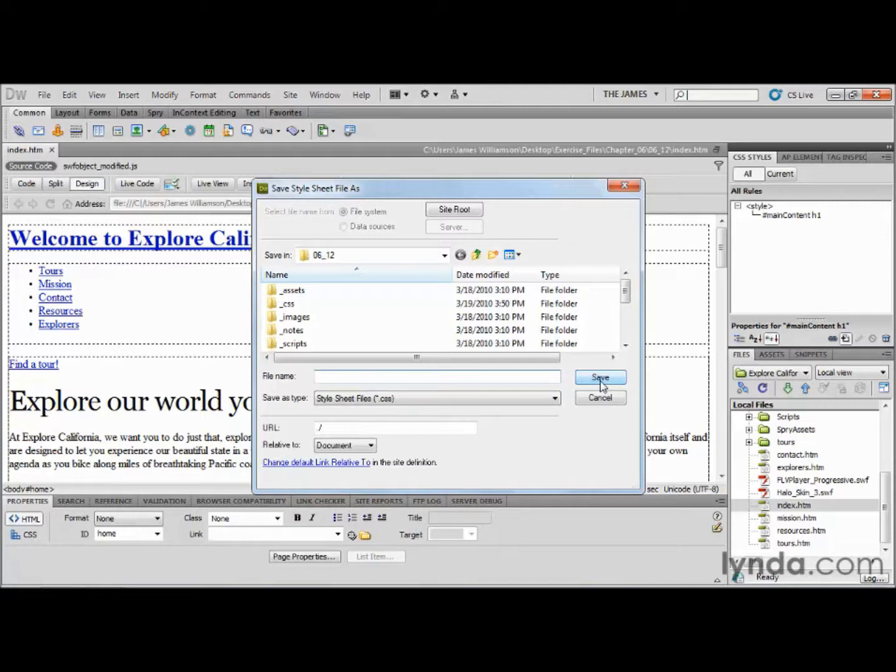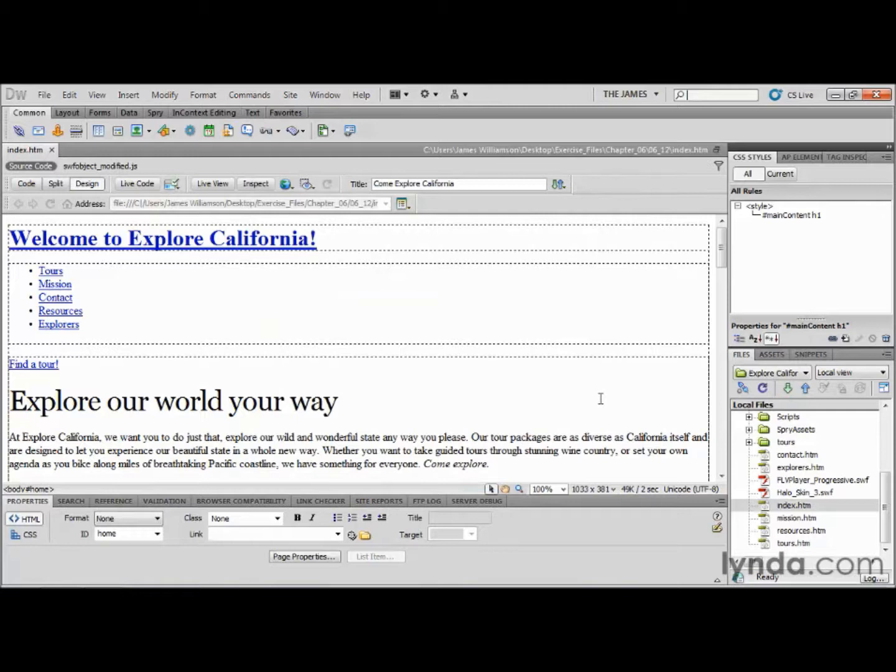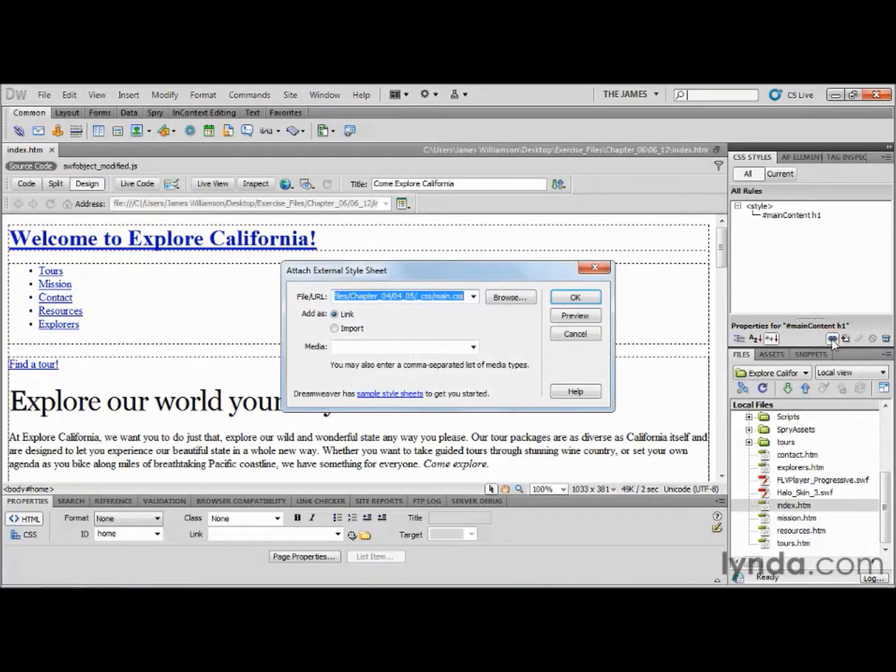So that's pretty cool. Now, we happen to have an existing external style sheet that we need to use, so we don't really need to do this step, so I'm just going to select Cancel, and we'll go back to our page the way it was. Okay, so if I look over at the CSS Styles panel, another option that I have is this little link option, and it's right beside the new CSS rule icon. If you hover over it, you'll get a little tooltip that tells you that that is Attach Style Sheet. So I'm going to go ahead and click on that,